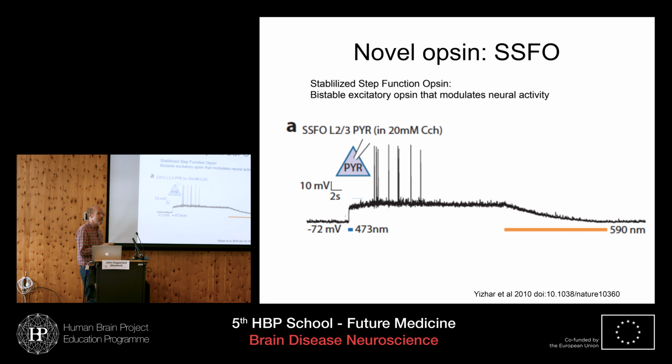It's a bistable opsin, so that it goes into this conductive mode as soon as the blue light is turned on, and it'll stay on for 20 or 30 minutes. It's a very long-lasting switch in the permeability of this molecule. Interestingly, it's also bistable in that its photocycle can be exploited to turn the opsin back off again. So application of yellow or amber light will turn off this opsin, and so we can switch it up and switch it down by applying blue or yellow light.